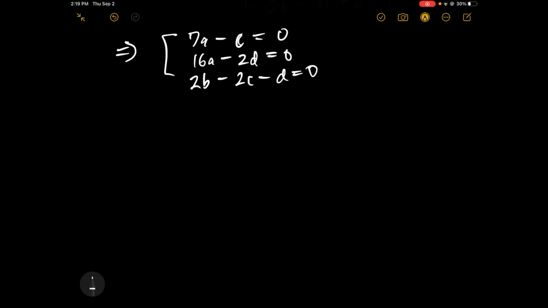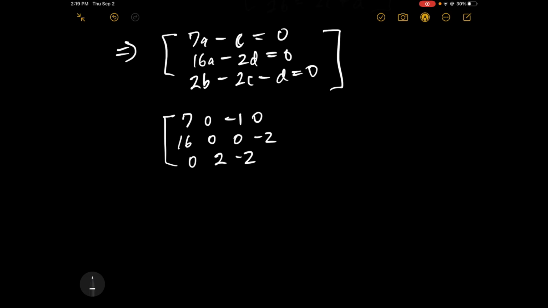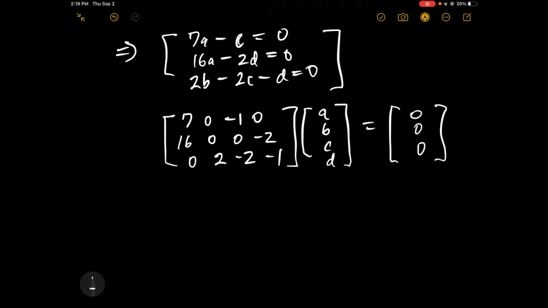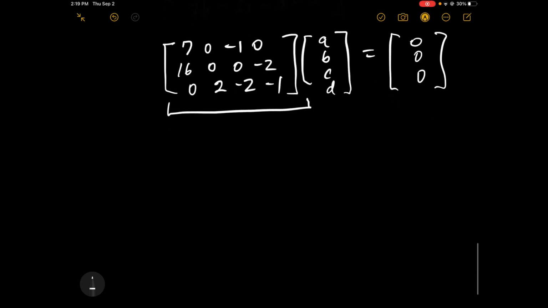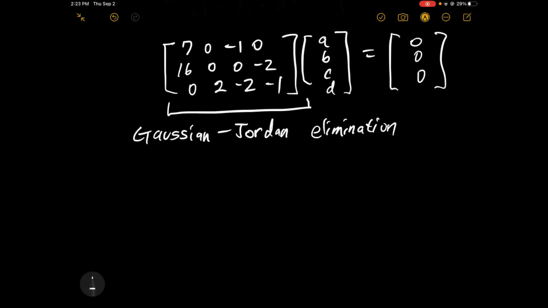Alright, cool. And then notice that this is really just a system of equations, so we could set this into a matrix where the rows are 7, 0, minus 1, 0; 16, 0, 0, minus 2; and 0, 2, minus 2, minus 1. And if you multiply that by A, B, C, D, then we get 0, 0, 0. Notice that we're really just solving for this by using Gauss-Jordan elimination. And so if we solve this by Gauss-Jordan elimination, then we actually just end up getting,